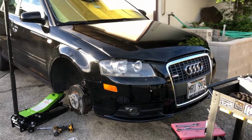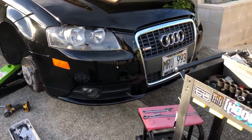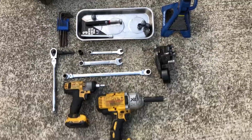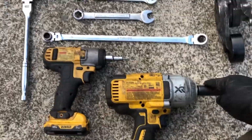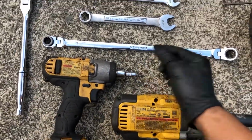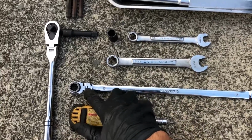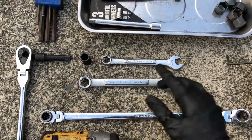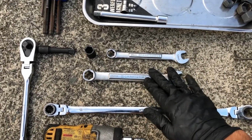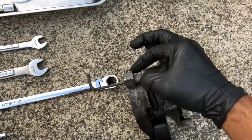to change a serpentine belt tensioner for an Audi A3 8P. This is pretty much everything that you'll need to be changing out your tensioner. You're gonna have something to take off the bolts, 17mm socket wrench. You have your T25 to get rid of the screws for the underbody panels, 13mm socket wrench, or you can just use a regular wrench to get things off, 16mm so that you can untension the tensioner,